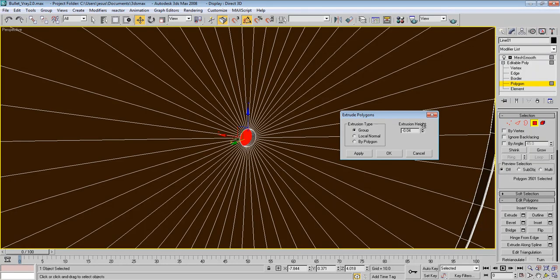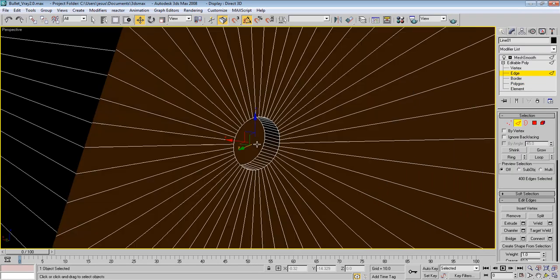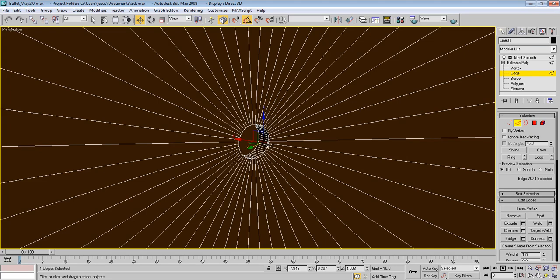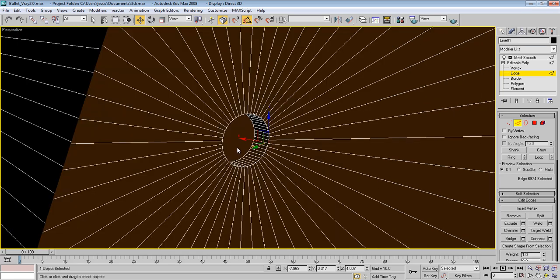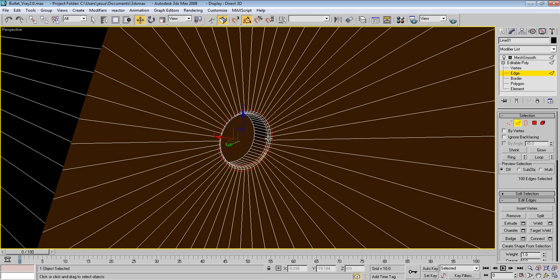Edge, and let's see, maybe something like this. Again, select all of these cute little edges. Oops, because they are so cute I can select them. Select another one from here, press loop, and let's just unselect this one. We'll be selecting them later. Chamfer like this, press OK, and